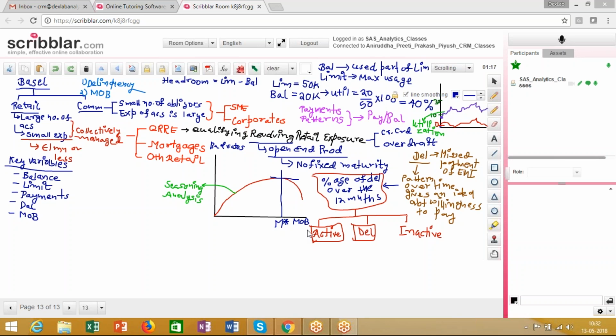So when you have data and you are developing the model, the bad rate is over the time for which the data is there, right? So if you have data over the last 5 years on a monthly basis, then for each of the years you will have month on books equal to 4, equal to 5. So you just group them by the month on books. The time factor over here is not important. It's about the month on books. So on an average, over the entire time period, what has been the overall bad rate for accounts which have month on books equal to 4.